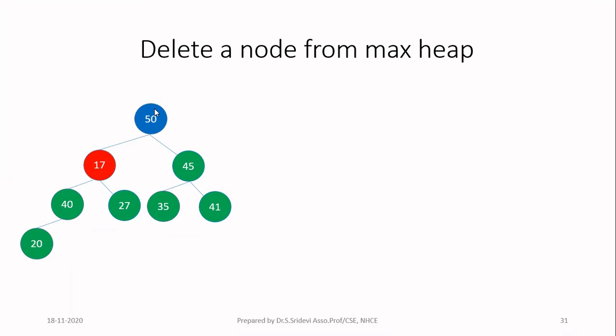We will see through the further tracing. So this 50 has occupied its final position. So you can fix that. Then now we have exchanged 17 here. This 17 is again newly added in this part of the subtree. So you have to check whether it is following the property of the heap. So compare 17 with its child nodes. So I'm comparing with 40 and 27. It is less actually. So I have to exchange now.